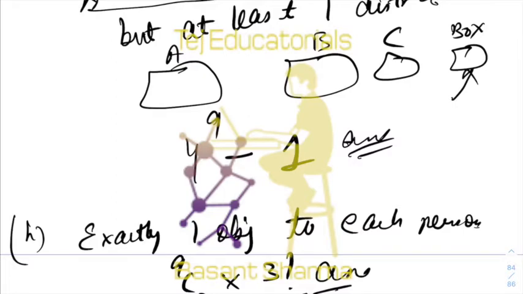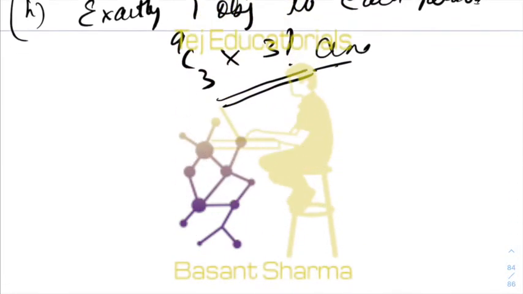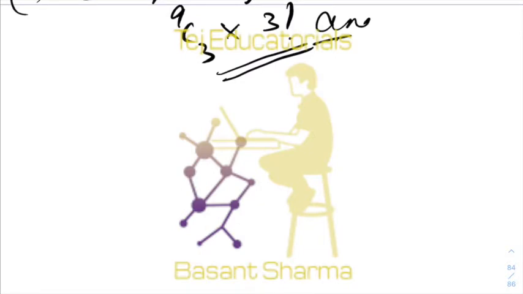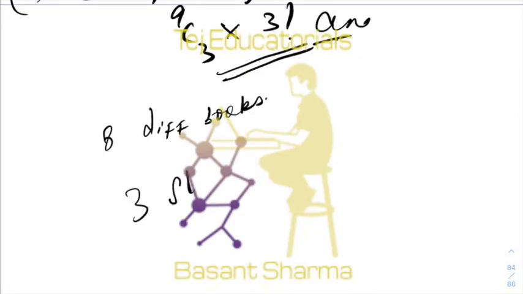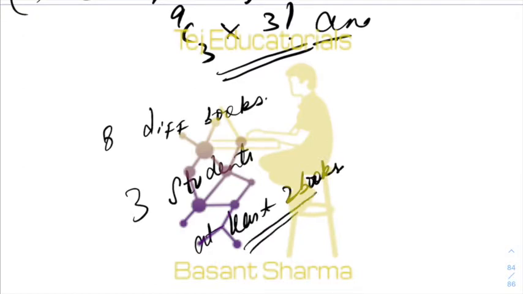All right. Then there are similar questions that you can solve. For example, suppose you have 8 different books, and you have 3 students. Then find the number of ways such that each student gets at least 2 books. Again, this is simple. What are the possible distributions? 4, 2, 2, or 3, 3, 2, right?